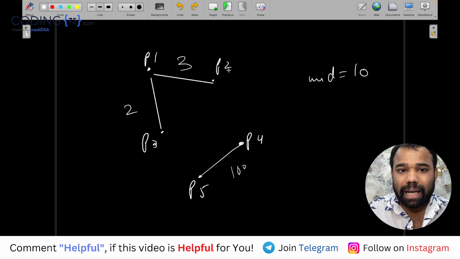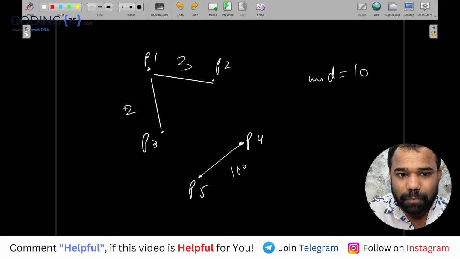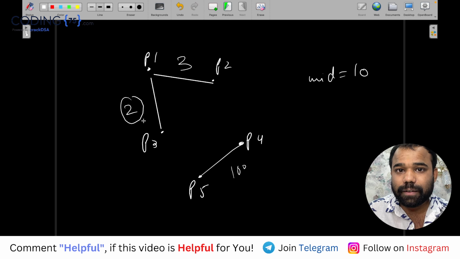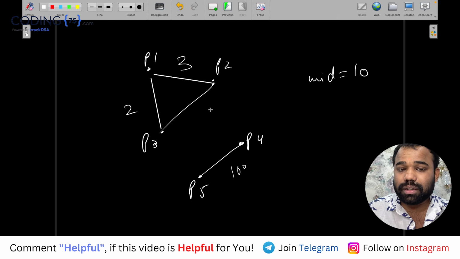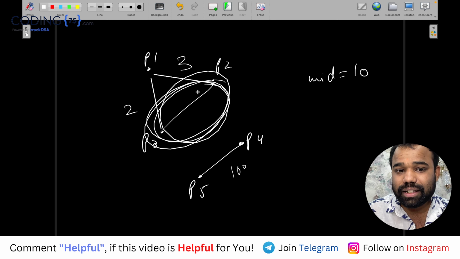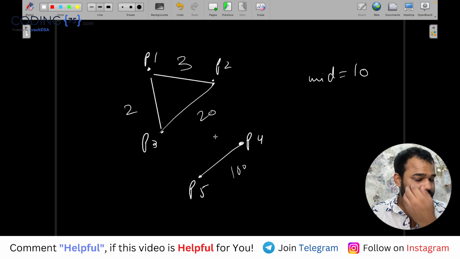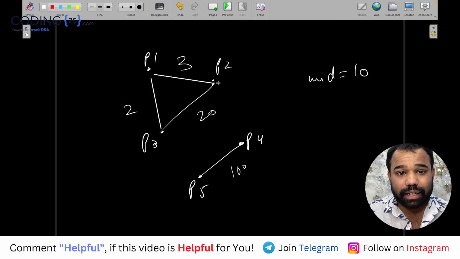So now here also the problem is, let's say that we want this edge which is less than 3 and this edge which is less than 3, but maybe this edge was more than, sorry, less than 10, but maybe this edge is less than 10 which is 20, and it is coming in this particular